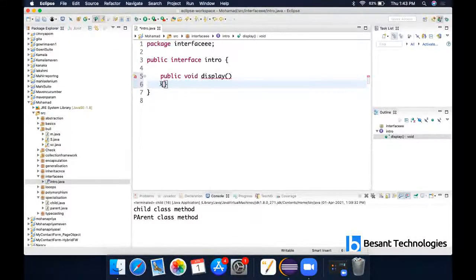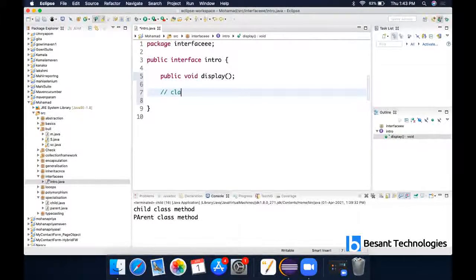If I try to write the implementation details for this method, I won't be able to, because it is like an abstract method. So what we can do is just give a semicolon here. So this is exactly like an abstract class. Okay, I have created an interface, I have a method inside it, but I cannot have its implementation detail in it. But if you are making a connection with an interface or other classes, you can do it.